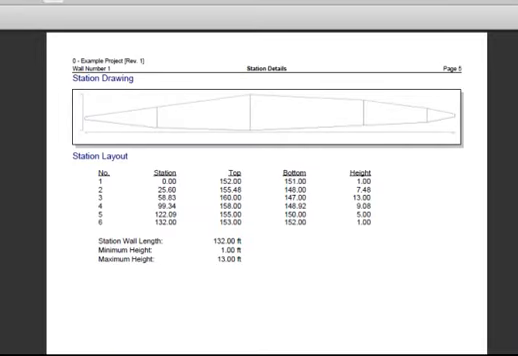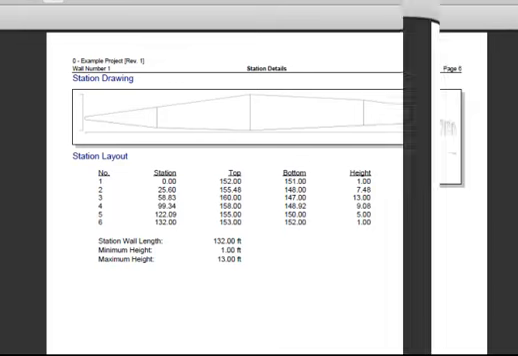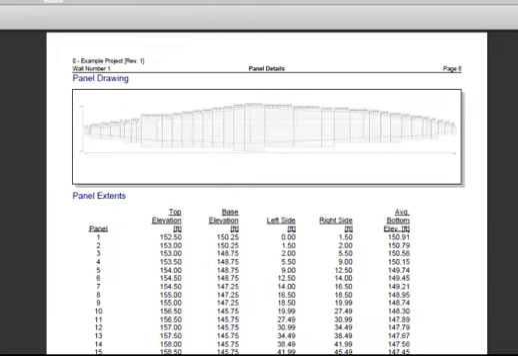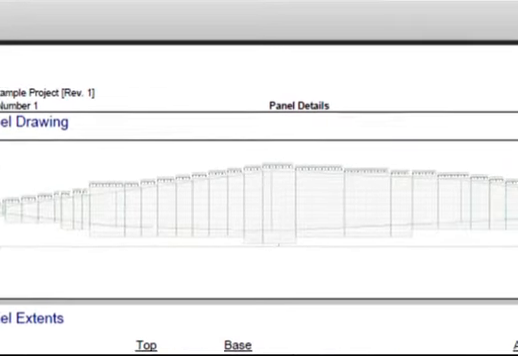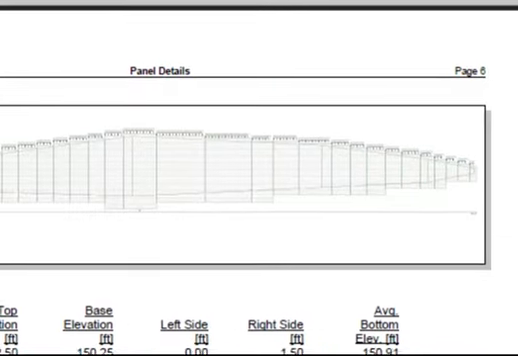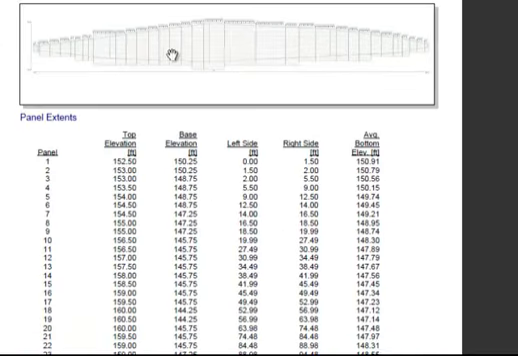First, by the station layout, which is essentially the top and bottom of wall grades at various positions along the wall. The panel drawing then defines the wall in terms of the SRW block being used, breaking the wall down into individual wall panels from far left, which is always panel 1, to the end of the wall on the far right. The panel extents table defines each panel with respect to the top of wall elevation, the base elevation,